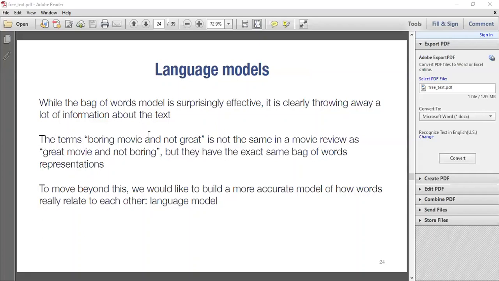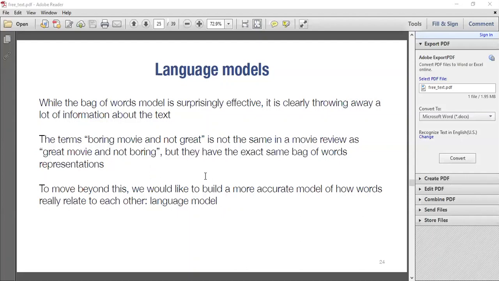But if you use the normal term frequency and TFIDF that we will be using, these will be perfectly the same, but they mean two totally different things. So if you create a model using those two TFIDF representations to determine whether they are negative or positive, both of them are going to be treated as the same thing, which is why we need things like language models.